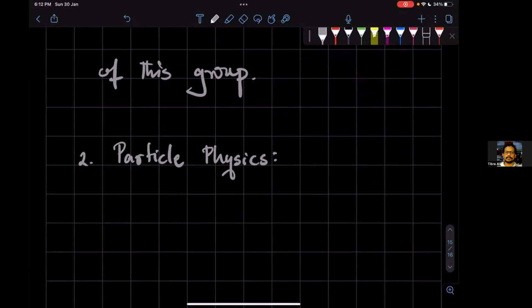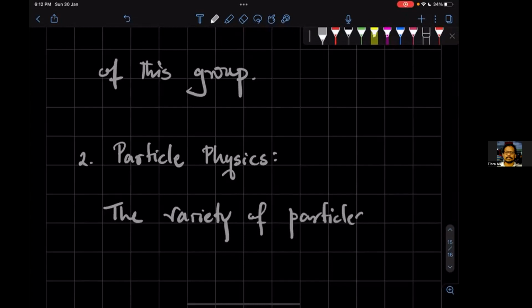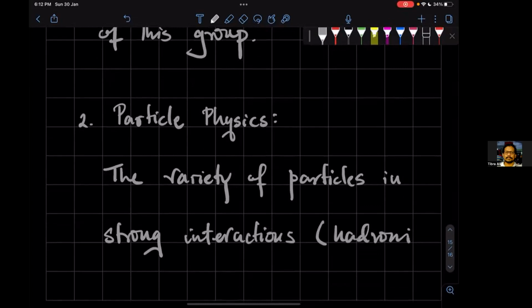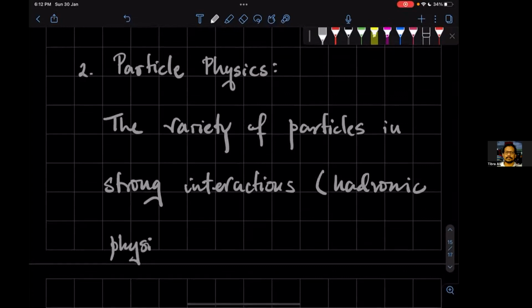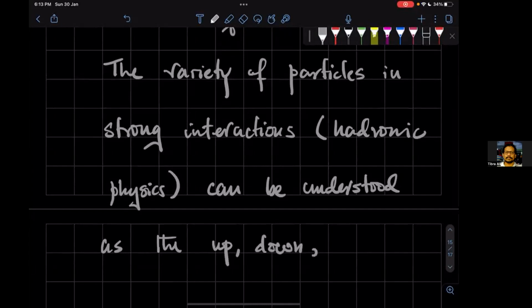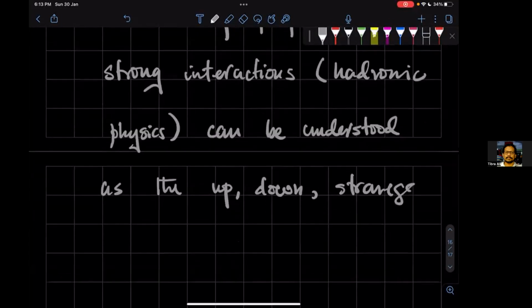So in particle physics, the variety of particles that one sees in strong interactions, also known as hadronic physics, can be understood as the up quark, the down quark, and the strange quark furnishing